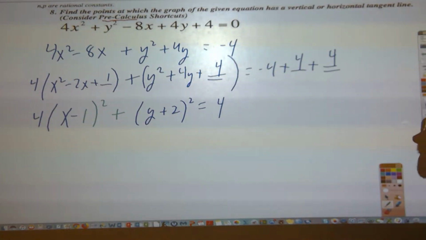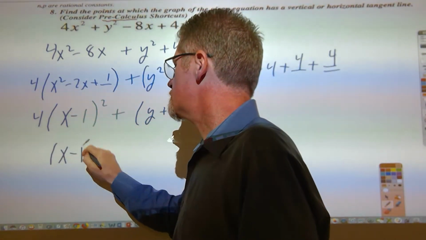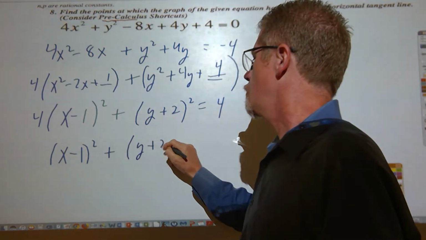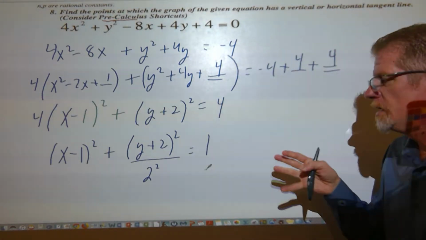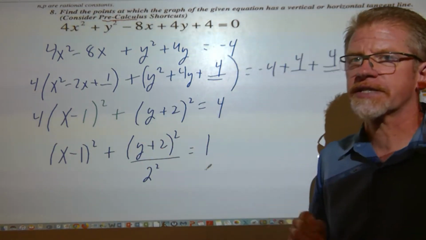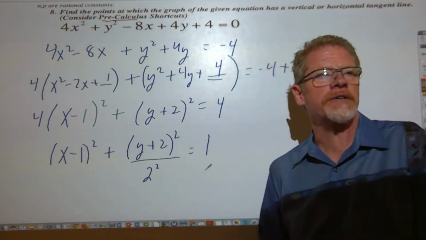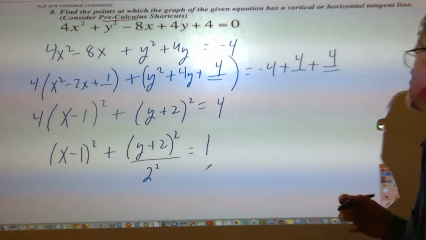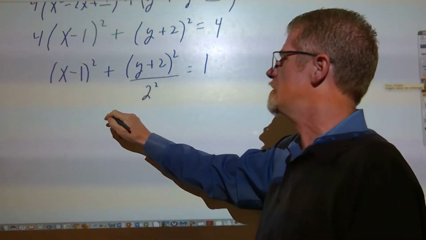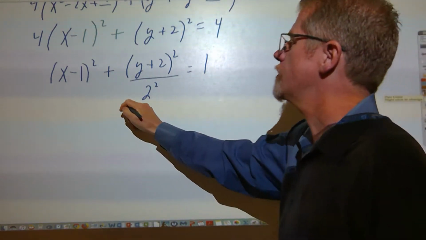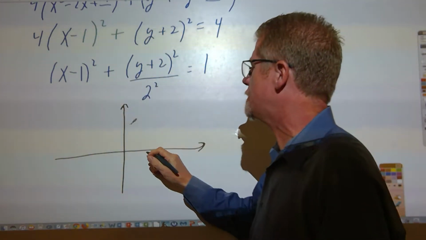And in order to see what's going on with this ellipse, I'm going to divide all 3 terms by 4 to get x minus 1 squared plus y plus 2 squared over 4, or I can think of that as 2 squared, equals 1. Now we're in a standard form of an ellipse, so we can see where the horizontal and vertical tangent lines are by simply taking a non-calculus approach, just using our pre-calculus ellipse sketching skills. Hopefully, and if you didn't learn this in pre-calc, or if you forgot it, come and see me outside of class, but hopefully you're not too far away from remembering that this is an ellipse centered at 1, -2,